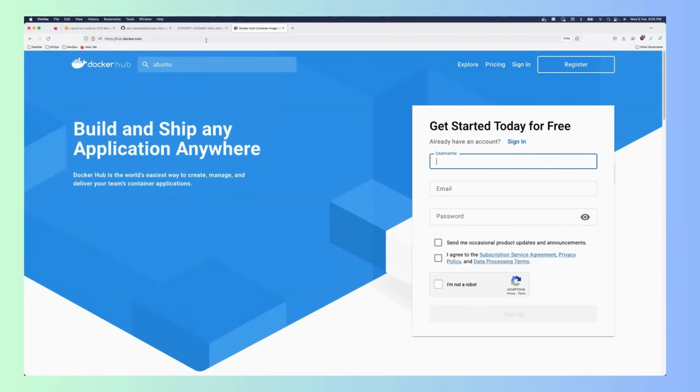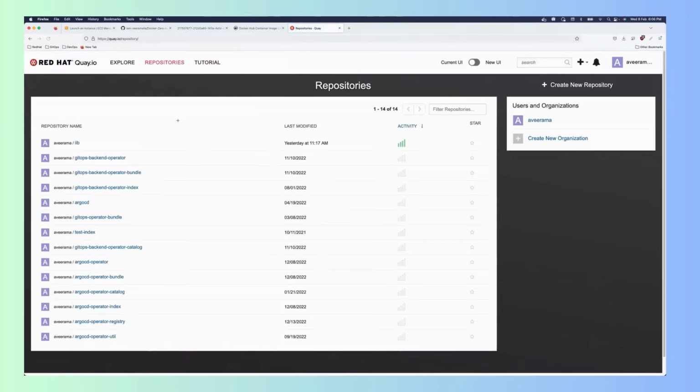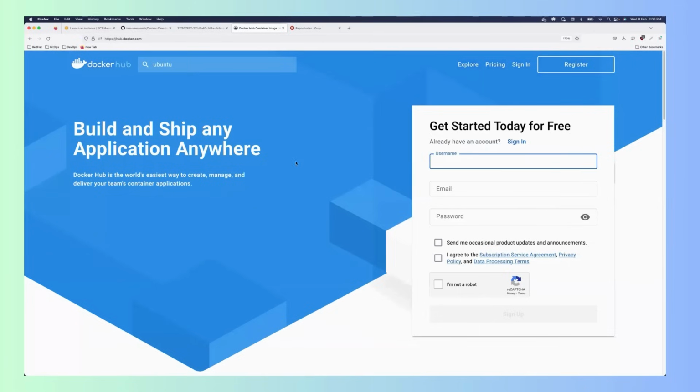Okay, so this is a very popular one. Your organization might also use something like Quay.io. Quay.io is another public registry. But even if it is a public registry, just like in GitHub you can create private repositories, similarly here also you can create private registries and share only with a certain set of